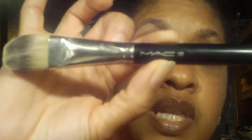Another one I love, which I know a lot of people are not a big fan of, or as far as I can tell, but the 190 brush by MAC. This is a good one for as far as you can put moisturizers on. You can put